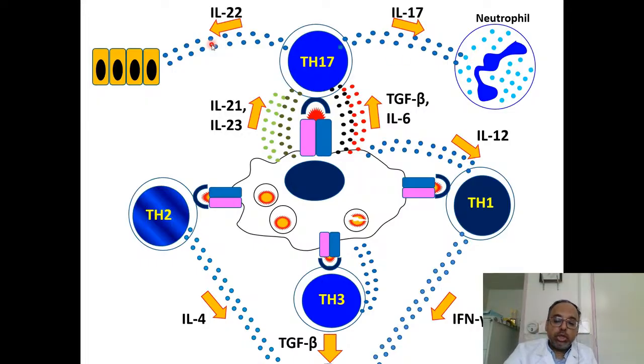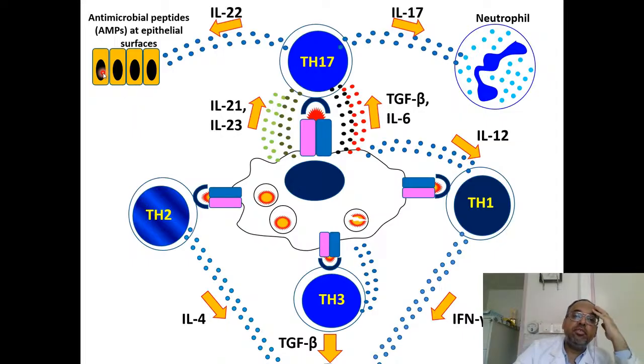So interleukin 22 will influence epithelial cells, and tells epithelial cells that you can also be involved in defense against microbes. How can they do that? Well, epithelial cells form a physical barrier. That's the first thing. But they can also produce peptides that are named antimicrobial peptides. And these antimicrobial peptides can be involved in defense. So that's how the story works. All right, so this almost completes the story for defense.